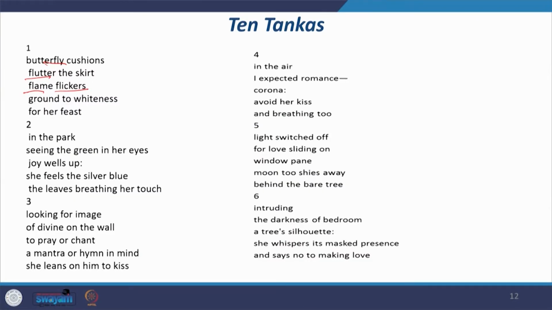Again, in the park, seeing the green in her eyes, joy wells up. She feels the silver blue, the leaves breathing her touch. Looking for image of divine on the wall, to pray or chant a mantra or hymn in mind, she leans on him to kiss. So, in the majority of these tankas, you will come across some sort of sensuousness,